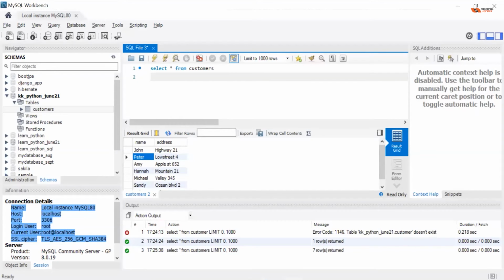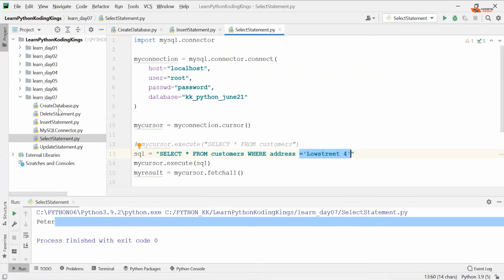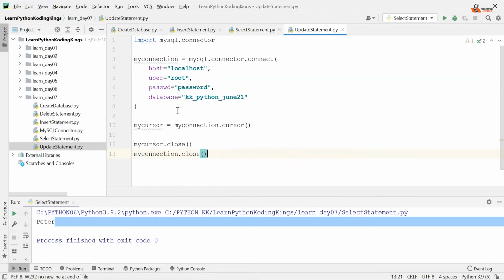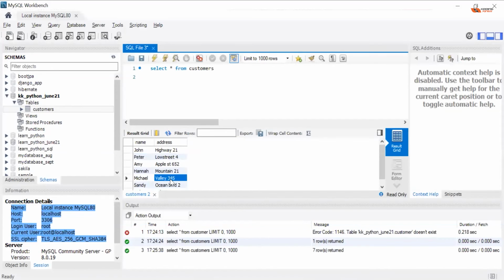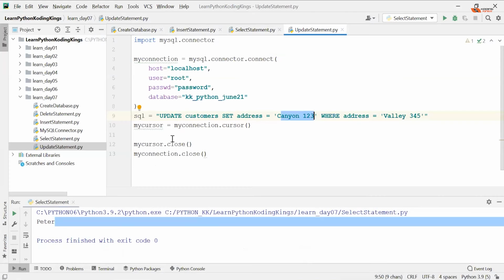I'm going back to our coding files, update statement, and here I have the update query. Update customer set address to Canyon 123 where address equals, or customer equals, doesn't matter. Do we have Valley 345? Yes, so for Michael, you have that. Cool. Now you go back and execute the update statement.